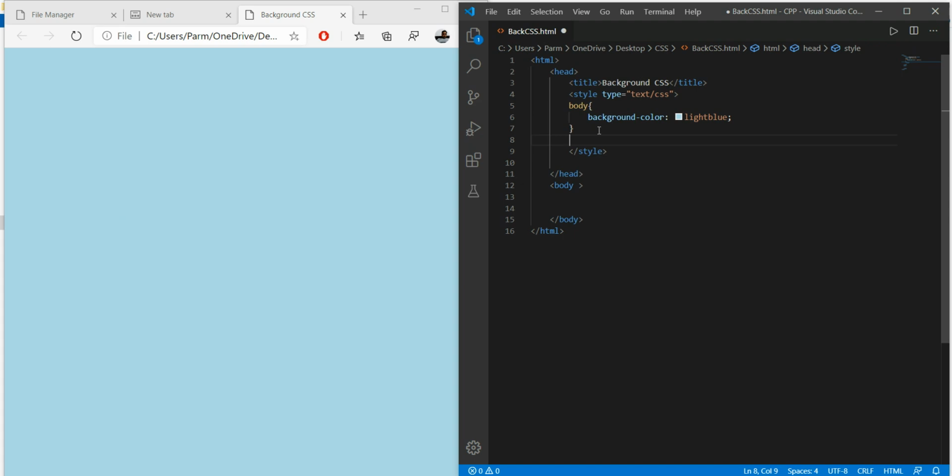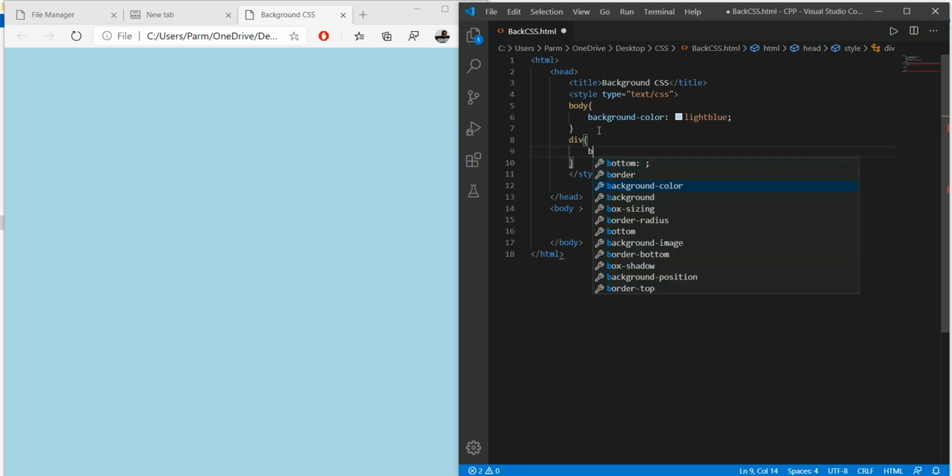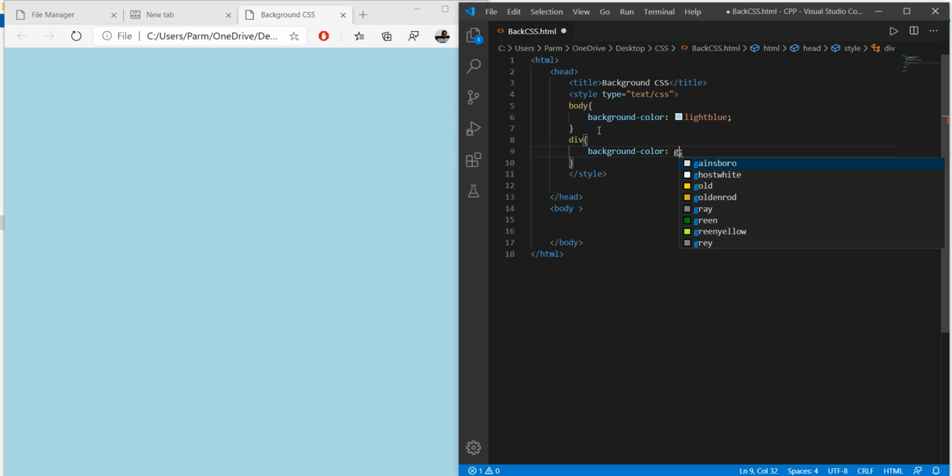Say I just wanted to create another element over here, say div, and to div I just wanted to give a background. So here I use background color. Here I choose gray. Okay, now it is given.